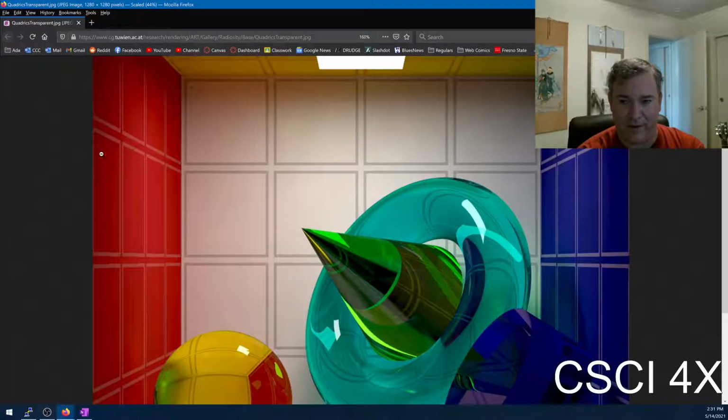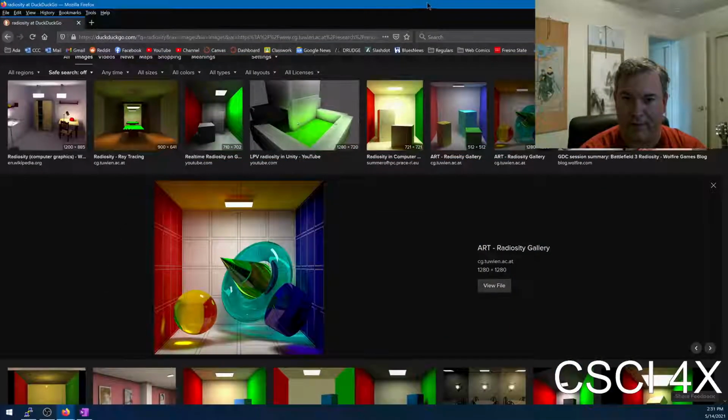But how do we have this work? How do you have a red surface illuminate a white surface? Do the same process again. Give the ray the color of the wall and shoot out more rays. Yeah, sure. Okay, so